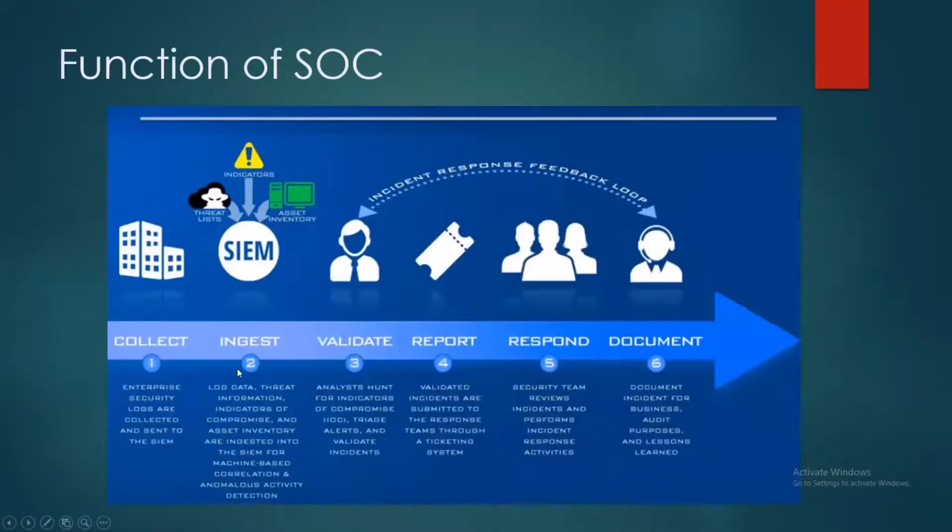And then push them onto your SIEM solution, which in this case is our Splunk solution. It will help us do an asset inventory, list all the threats, and correlate a lot of data, and give us a central location where as a SOC analyst I can go and review these logs for analysis.